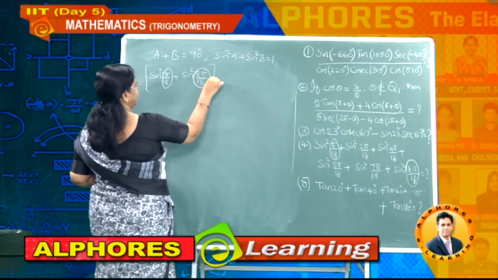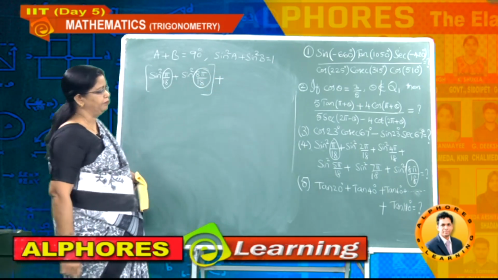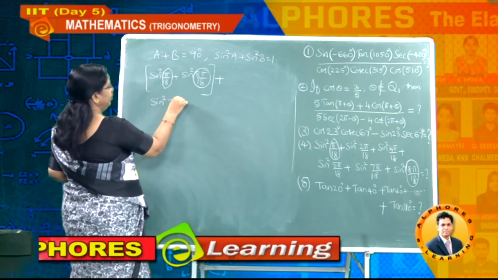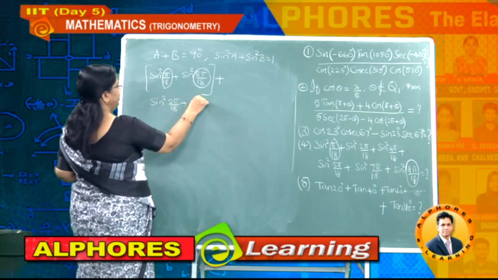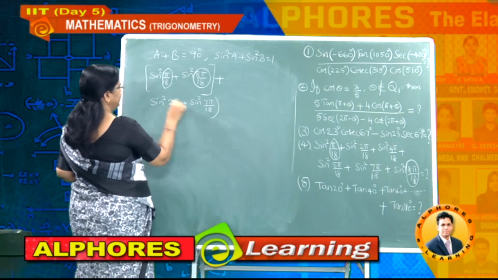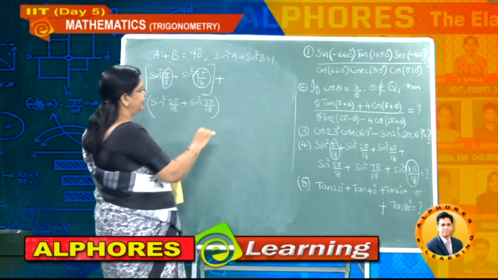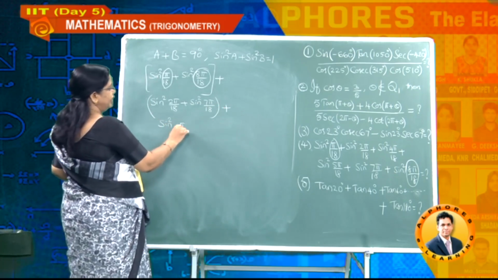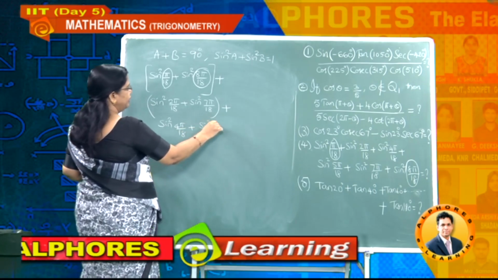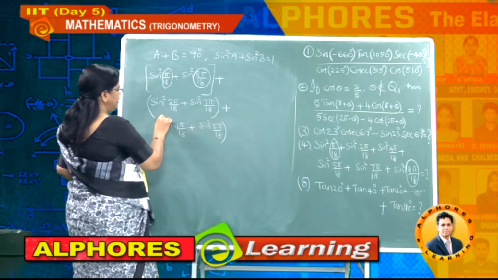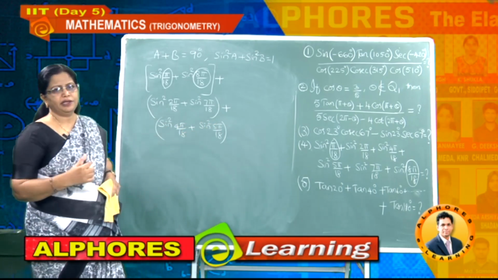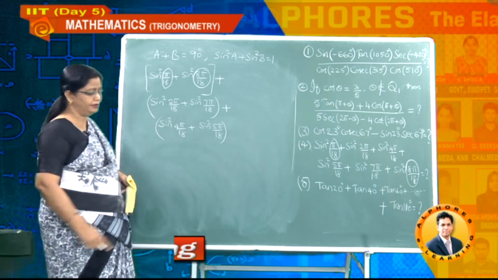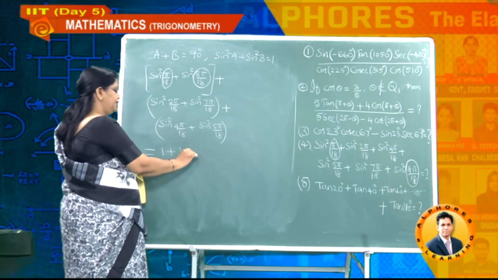So this is one combination, plus what is the other combination? That is sin square 2 pi by 18, the second term, plus sin square 7 pi by 18. From the beginning second one, from the end second one. And next one, the third term: sin square 4 pi by 18 plus the next value, sin square 5 pi by 18. So what about this one here? 9 pi by 18, and hence it is pi by 2. So this is 1, this is 1 and this is also 1. So what is our answer? Finally, it is equal to 3.